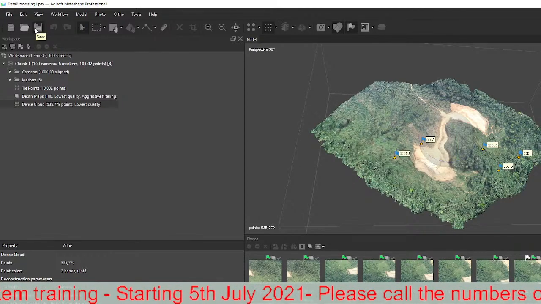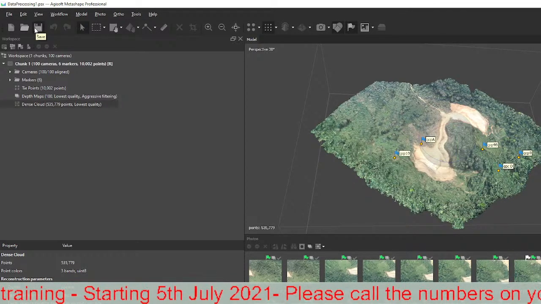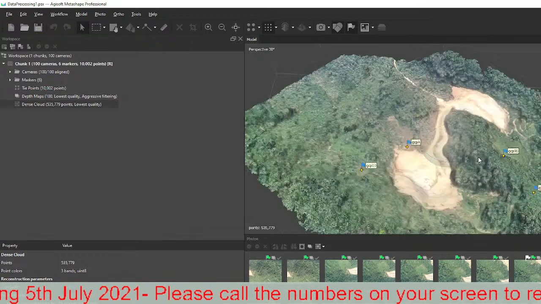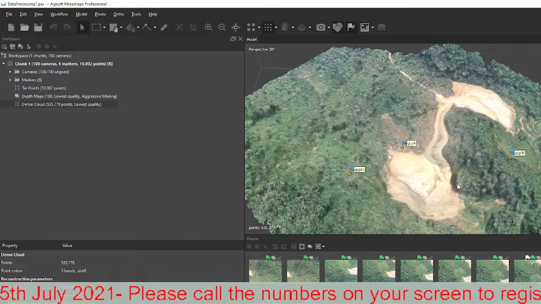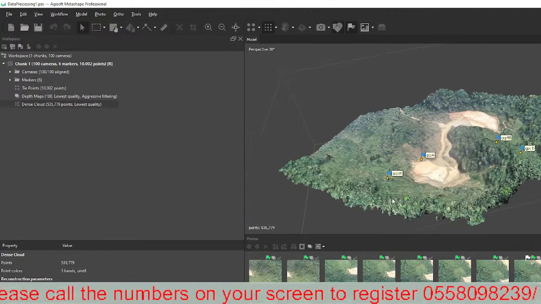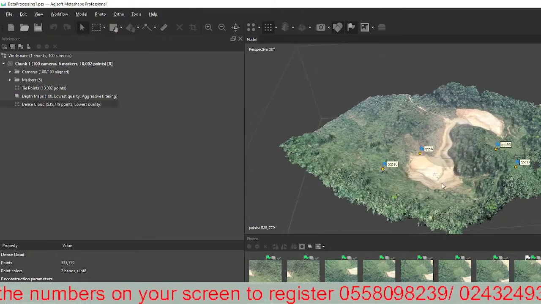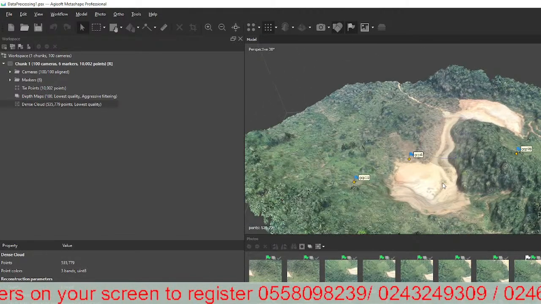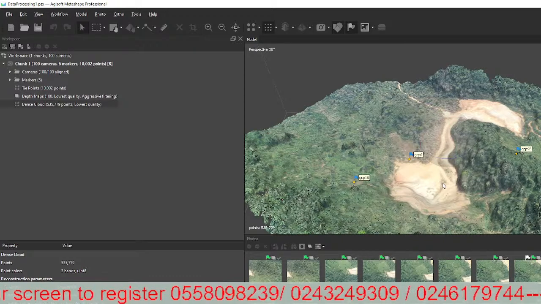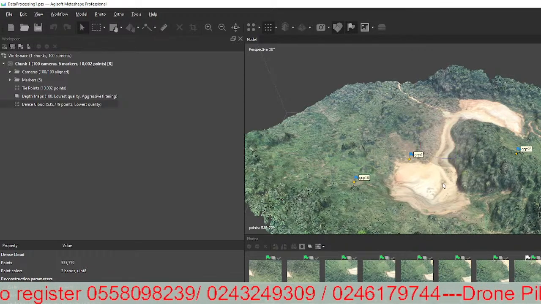So after every stage, you save the data. And in the next session, or in our next training program, we will look at batch processes. So now once we are done with the dense cloud, the next thing we need to do is to